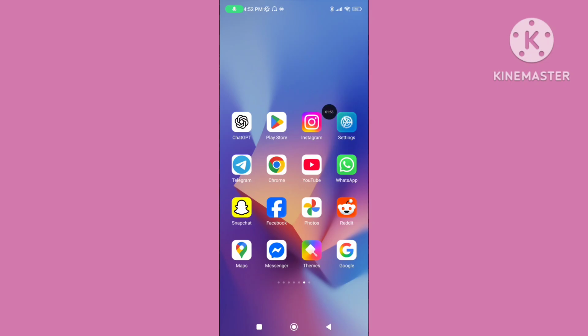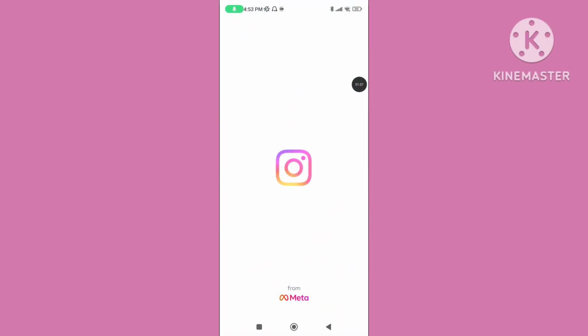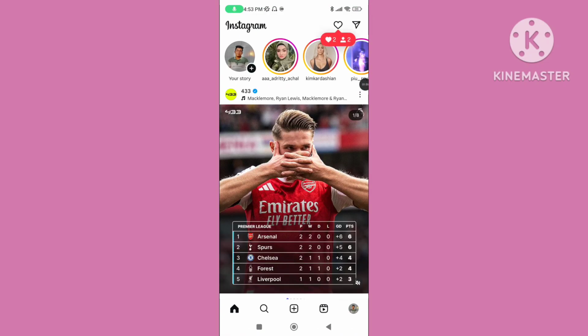Step 3. Restart your device and reopen it. You can follow all of these steps to fix the Instagram "confirm it's you" to log in problem and the Captcha code problem